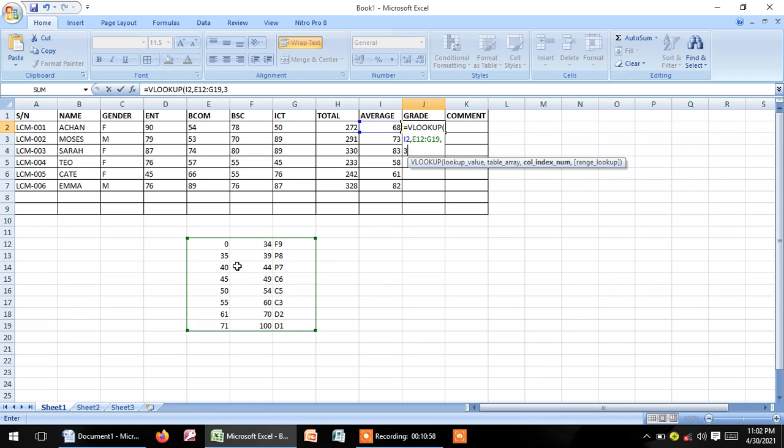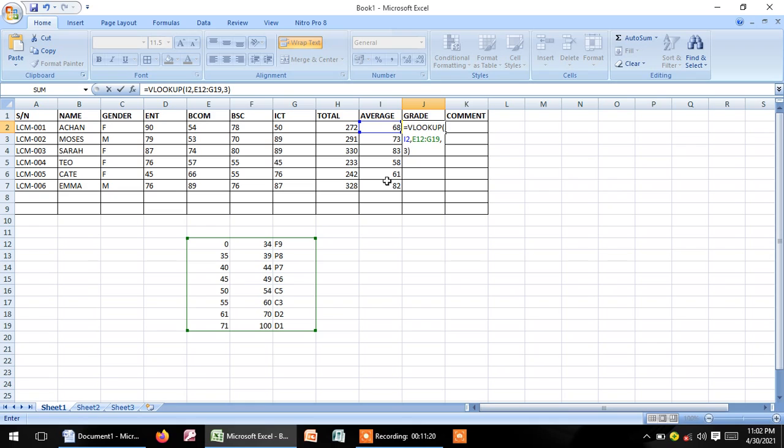I'll close the brackets. Now, after closing the brackets, we need to understand that whoever is in this average score has to be given a grade, and grading them we always use an absolute reference.